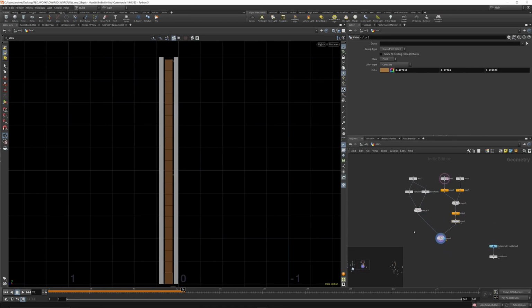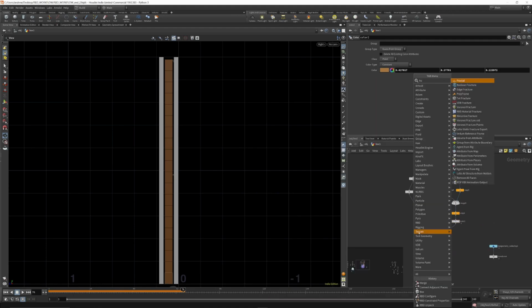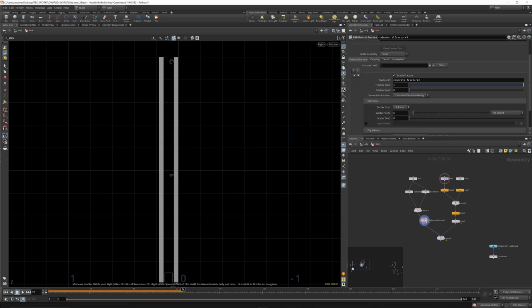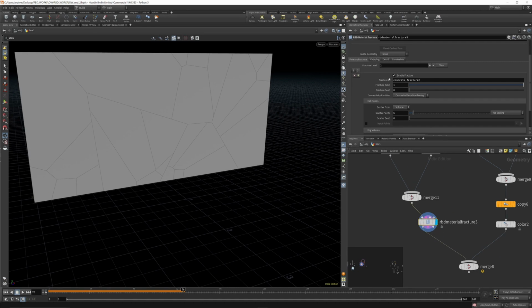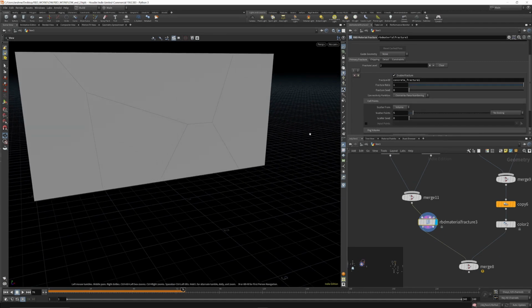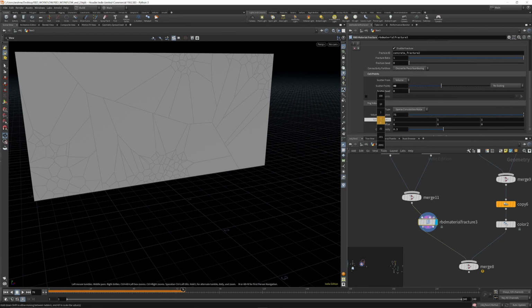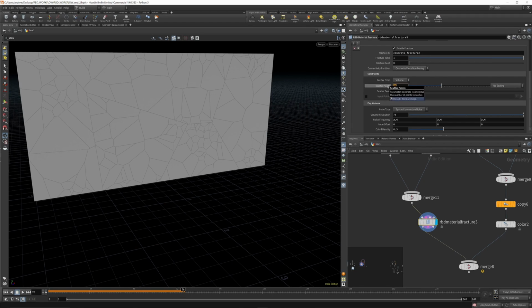And if we were to fracture this like we did before, RBD fracture material, and let's just fracture the wall first. So ticking on, let's just turn this one off first. Take a look at this. Cool. We've got 5 points, that's fine. And then let's enable this one. This will recursively fracture that. Let's put like 40 points. Let's maybe change this noise frequency. Let's maybe lower this to 20